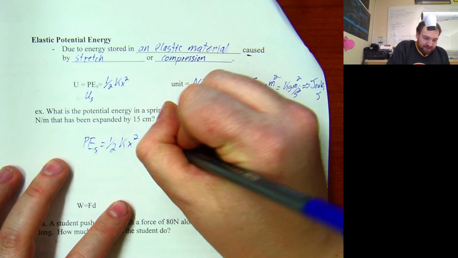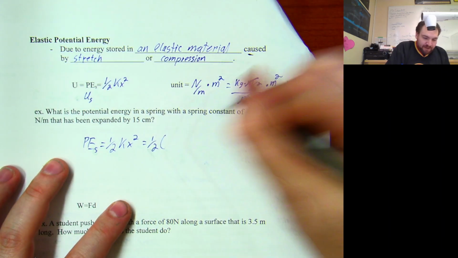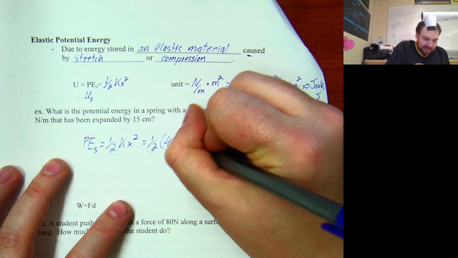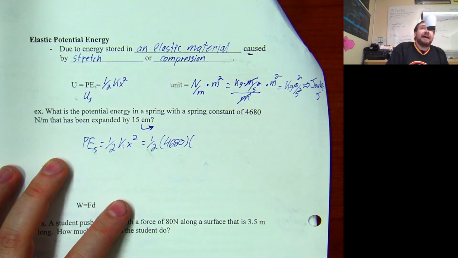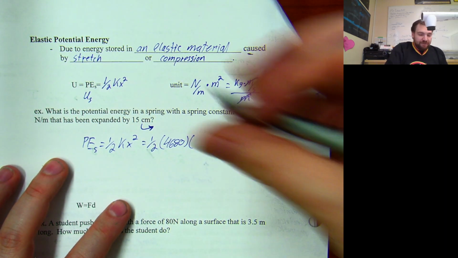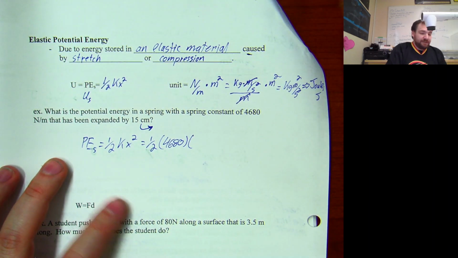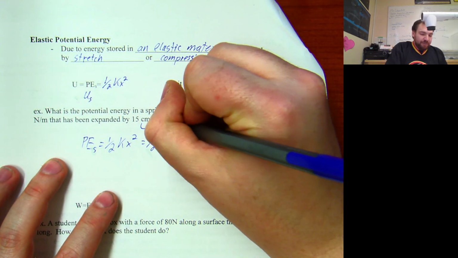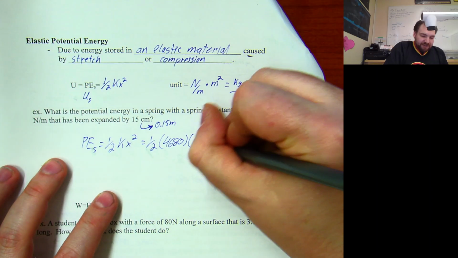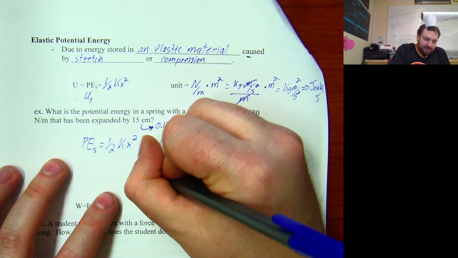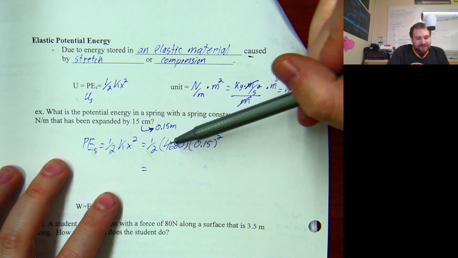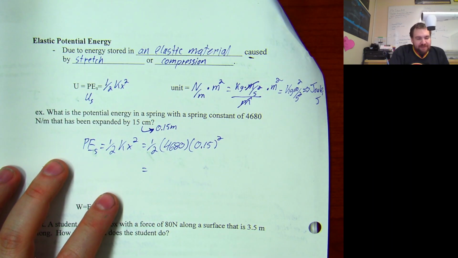We can shove some values in here. This is going to be 1/2 times 4,680 times now 15 centimeters. What do I have to do with that? To convert that thing into meters, 15 centimeters is? Thank you, 0.15 meters. So that's going to go in here. So it's going to be 1/2 times 4,680 times, what was that, 15 squared is 225, so it's 2.25 times